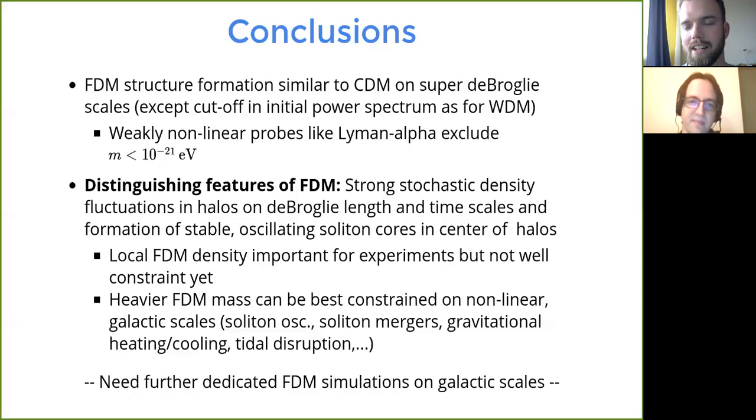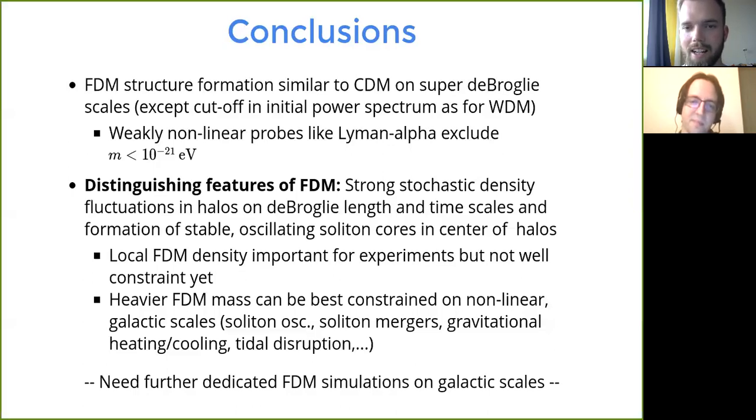lighter than would be needed for cold dark matter at all, and once their de Broglie wavelength is above the Hubble scale, they would contribute to dark energy. Then there are probably heavier ones, and their de Broglie wavelength would be on scales that we don't simulate. So those would naturally contribute to cold dark matter,